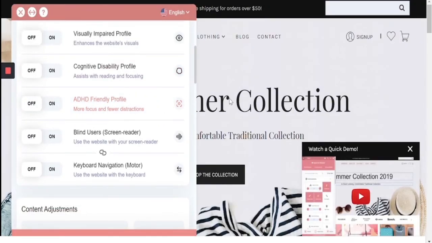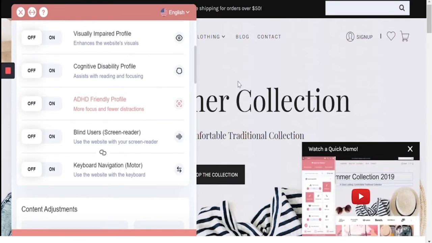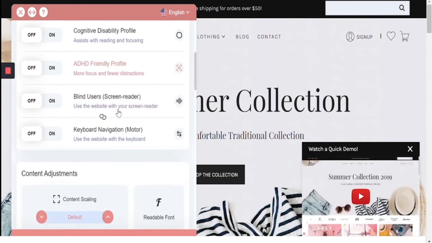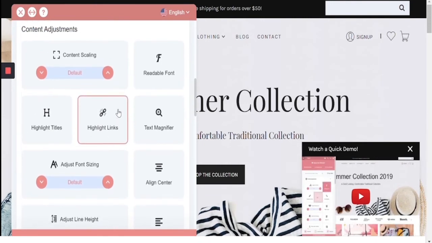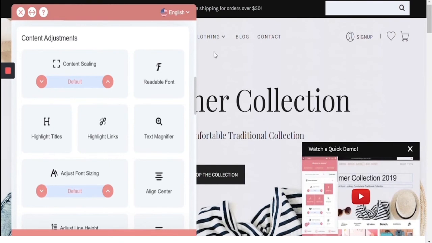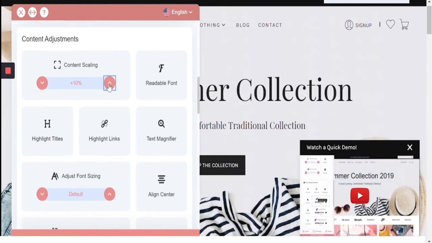The last two profiles, as you see here, are for blind users and keyboard navigation for the motor impaired, which are not really going to be used on the interface. They're really more there for showing purposes. Of course, all of these profiles can be enhanced manually and customly by an interface that allows you to increase